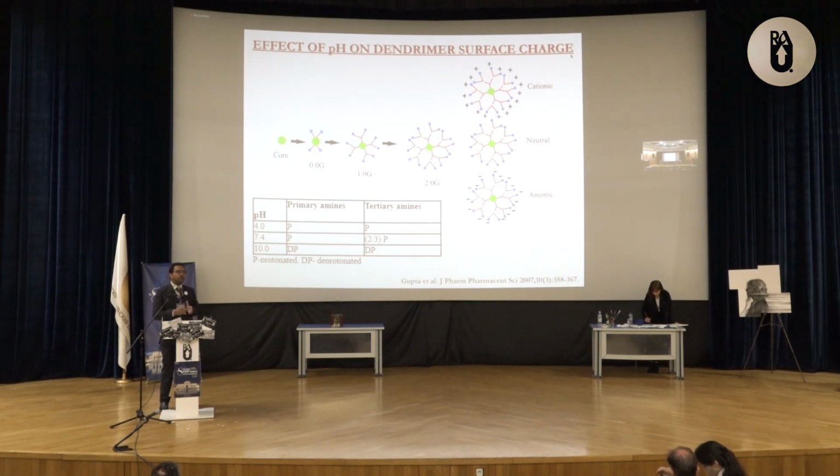So what is the advantage of this? As we know, tumor cells have an acidic environment. Because of that acidic environment, when we inject the dendrimer formulation, they get protonated. Because they are protonated, they repel each other and the drug molecules come out easily and produce their anti-cancer effect.